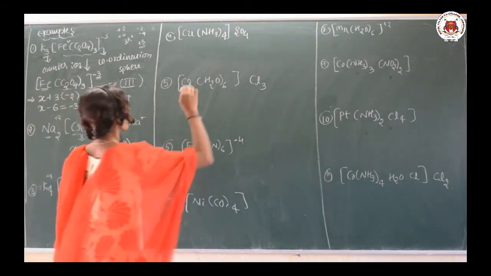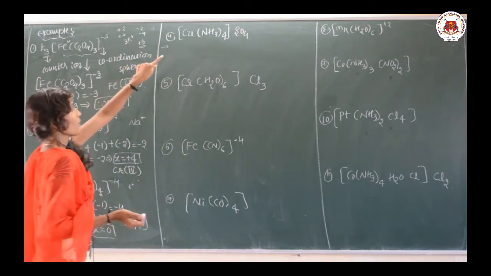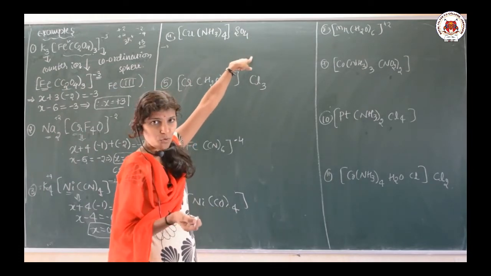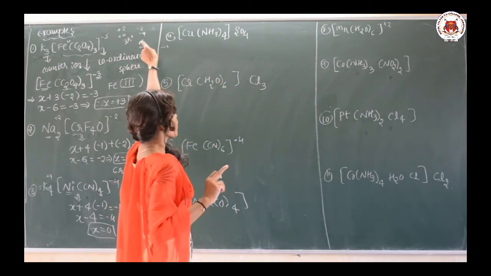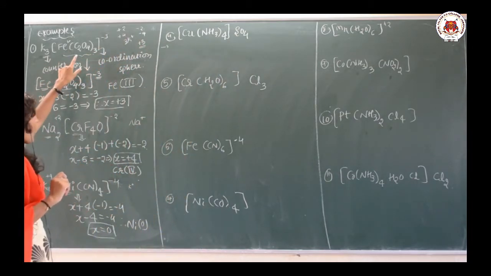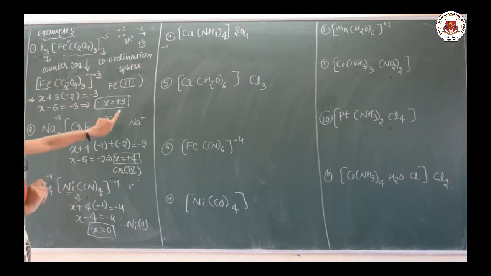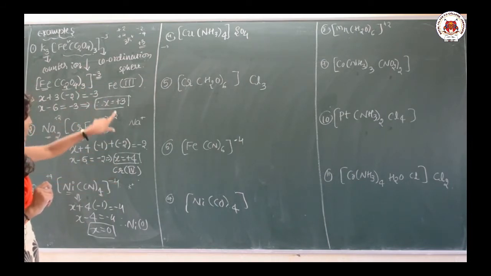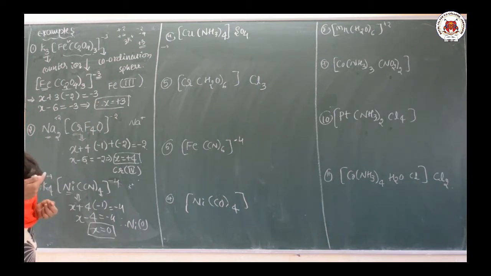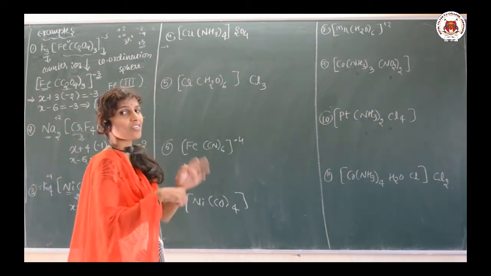Okay. So let us go for one more example here. Now here the counter ion is SO4. It is not here, it is here. And these all are anionic or negatively charged ligands. See here the coordination sphere has a minus charge. It means anionic complexes or negatively charged complexes, which we have discussed now. Now whatever I am teaching next is the example for the positively charged complex.